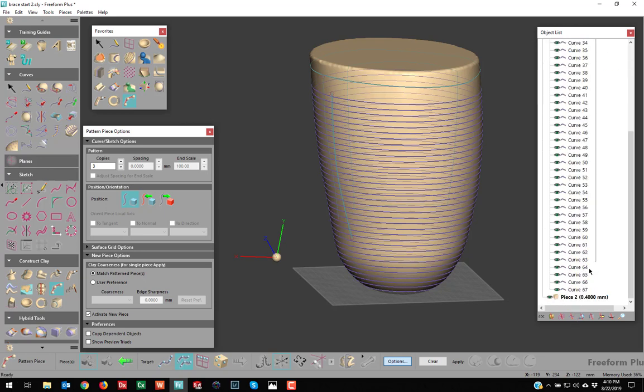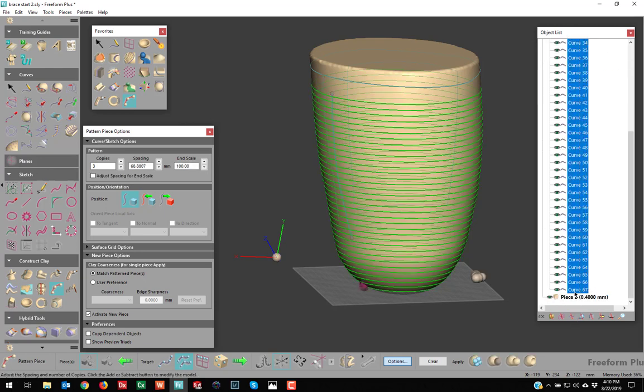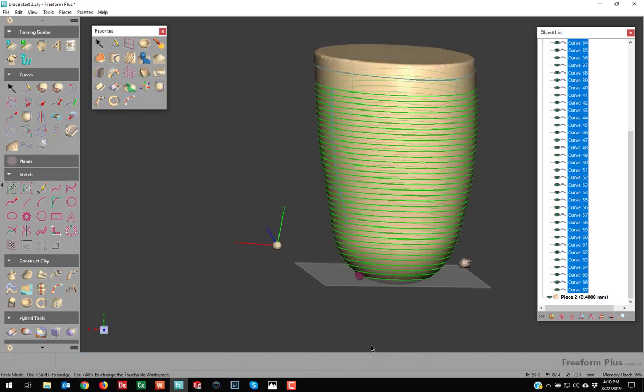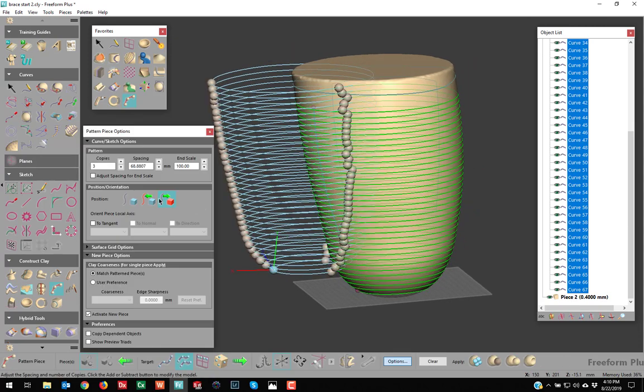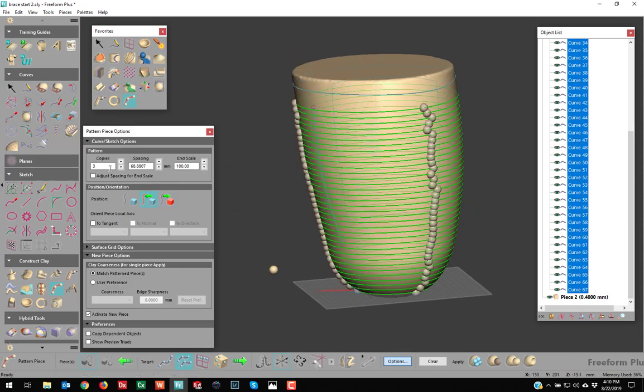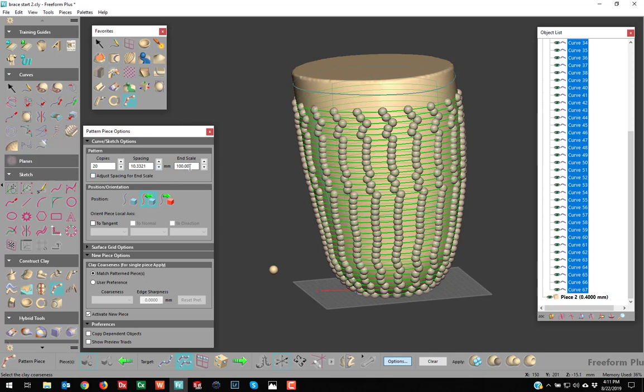So I grab all these curves and tell it to use all of those, and then on here you have to make changes so it follows how many copies I want. So let's just say 20 per, 30 per,